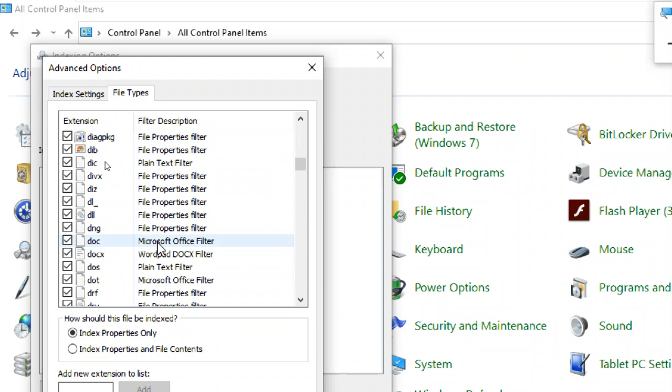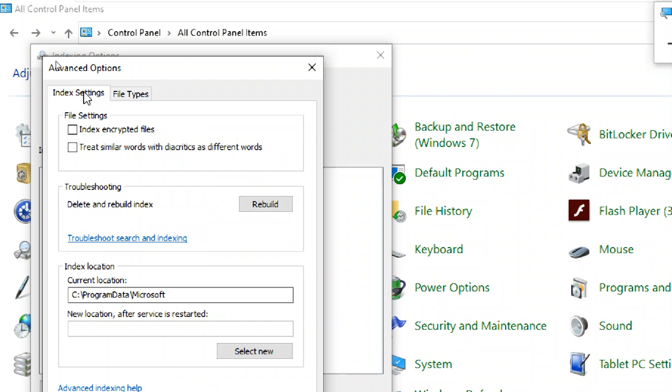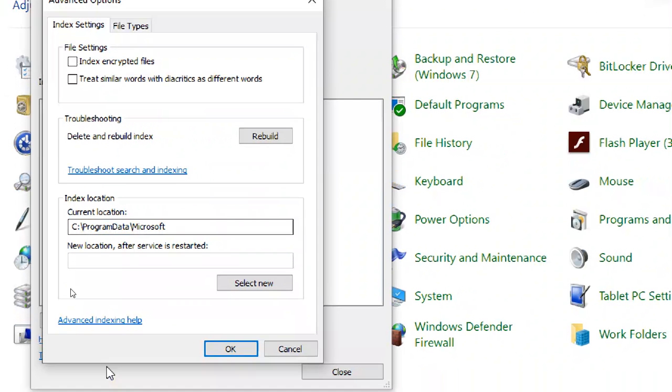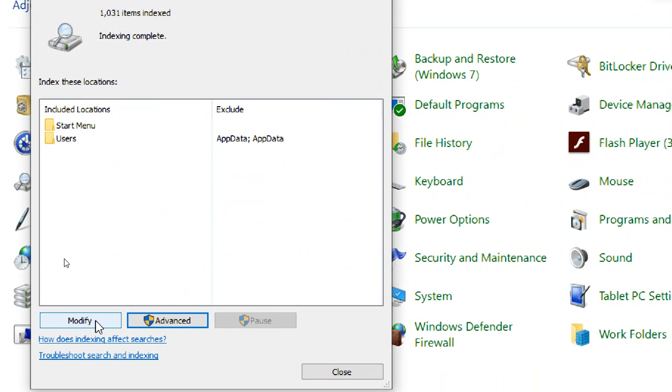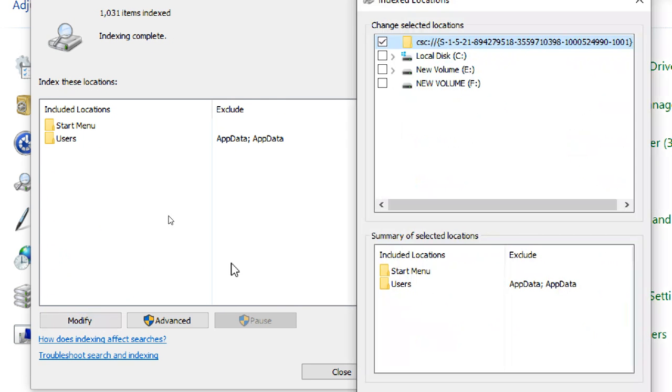Wherever it is located, it will immediately index based on the file types. This is the indexing settings, the location of indexed data by default. If you want to include any drive to get indexed, go to Modify and select the drive.